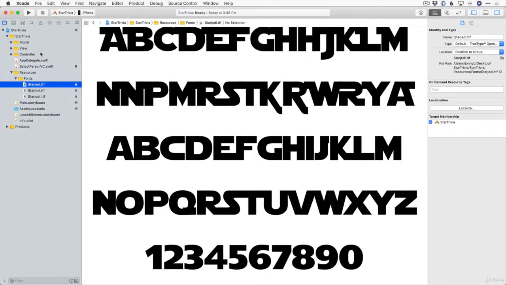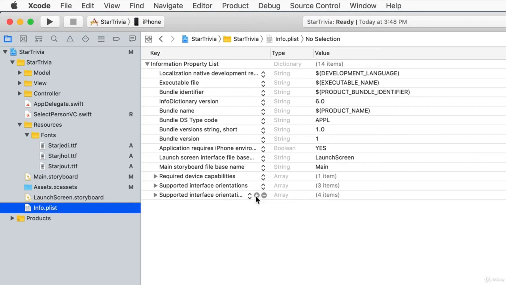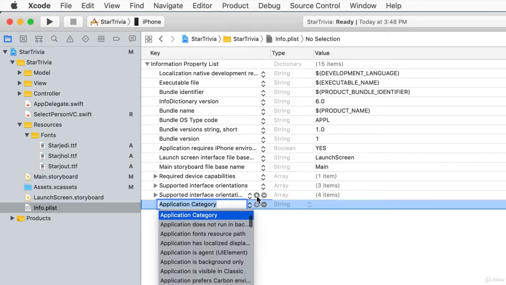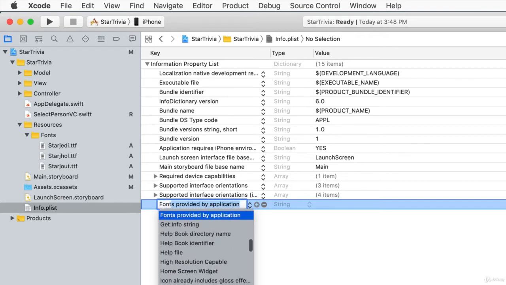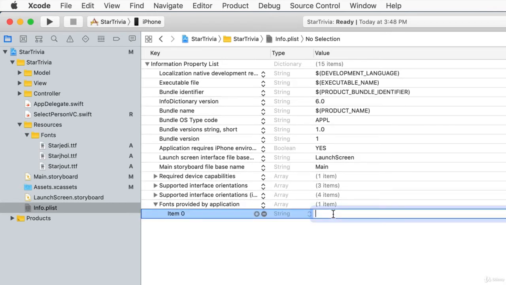Next thing we need to do is add them to our info.plist file. So go ahead and open that up, and we're gonna need to add a new key. So down here, click on the plus button, and we are going to start to type font, and you'll see fonts provided by application. This just lets the application know what fonts that we're gonna be using. So go ahead and click on the down arrow, and then we need to add in manually the name of each font, okay? So I'll start here with Star Jedi. So I'm gonna say Star Jedi.ttf,